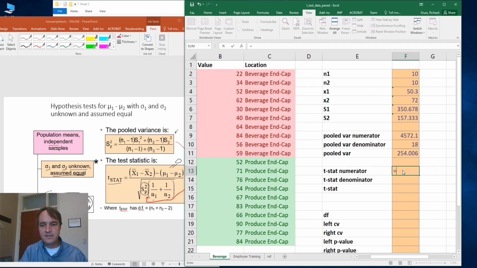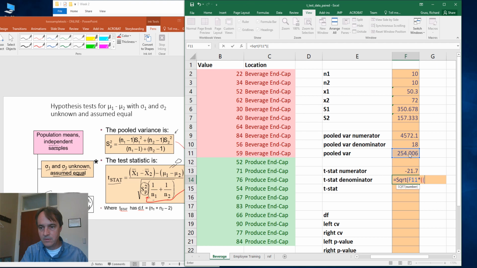Okay, so the t-statistic numerator looks like all we need is the difference between the two sample means. So I'm just going to do x1 minus x2, or x bar 1 minus x bar 2. The denominator is a little bit more involved because we have to take the square root. Now we've got to get that pooled variance. So we're going to get that pooled variance right here that we calculated. And we're going to multiply it by 1 over,